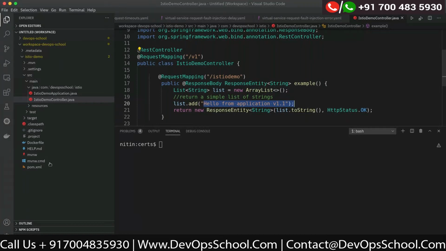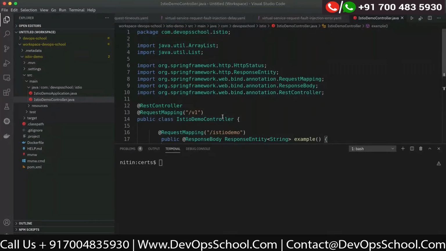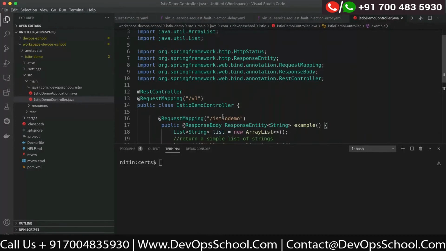I hope you are already aware how to create a Dockerfile, right? Docker images we're able to create, right? Yes. Is there anyone who doesn't know how to create? Okay, good.